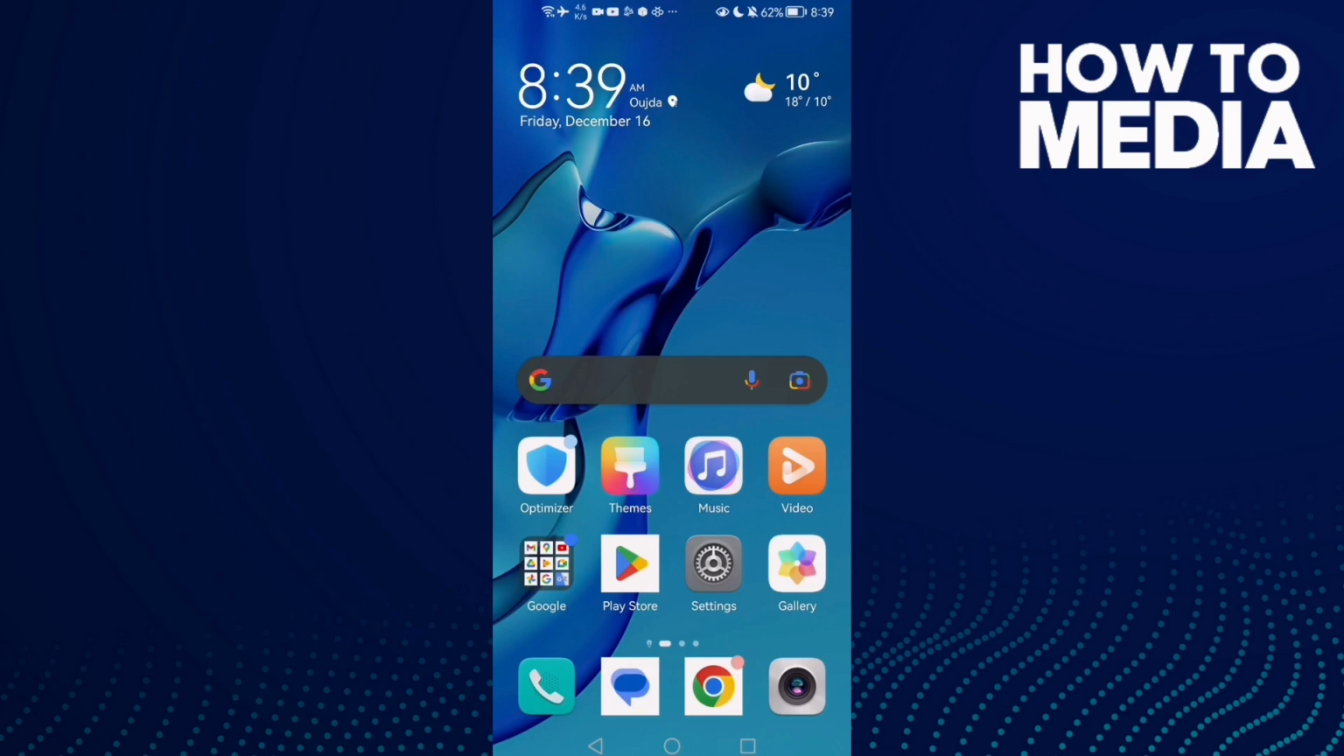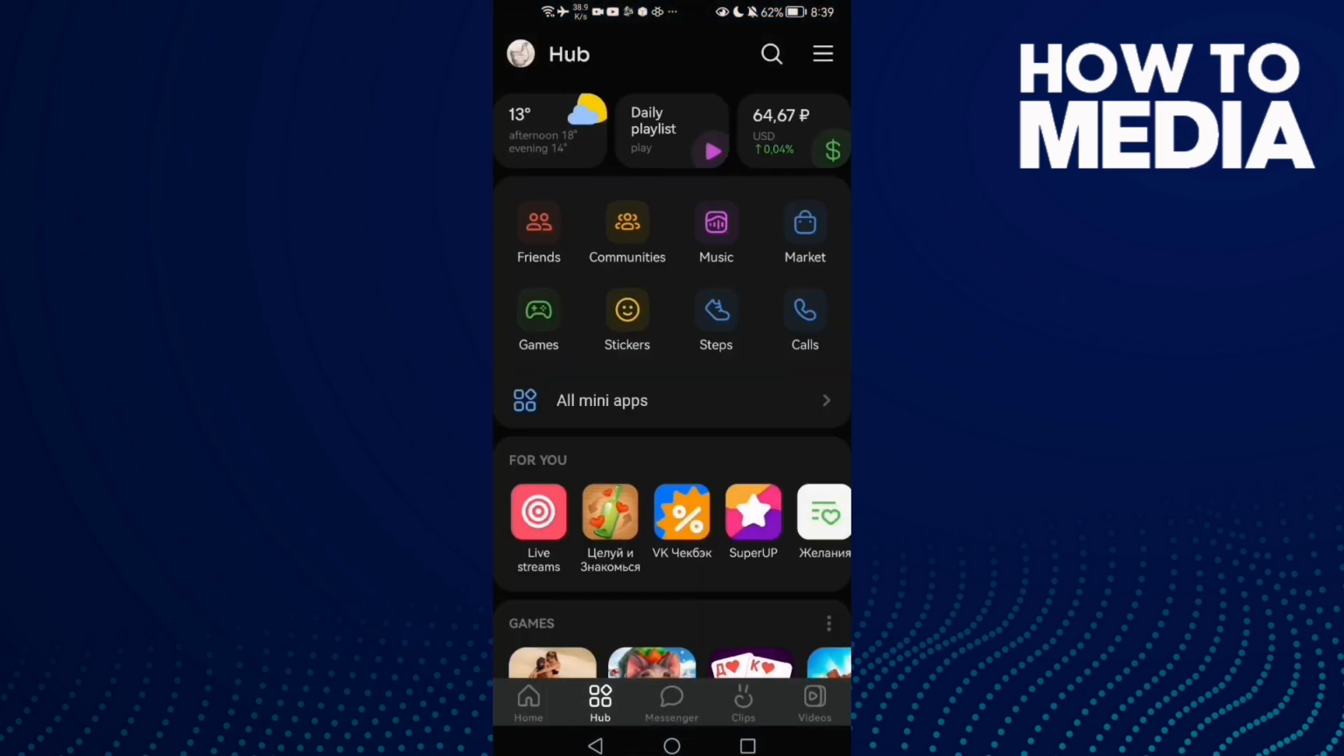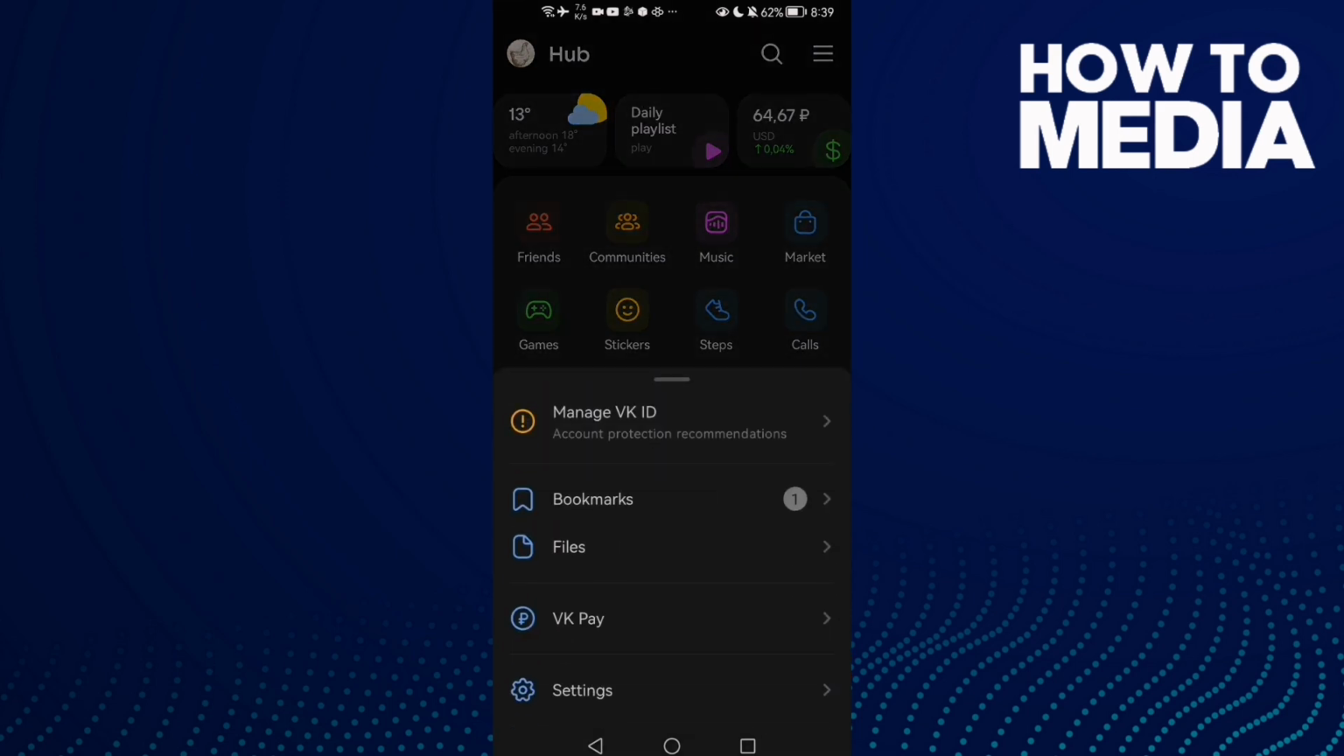How to manage who can view information on my profile on VK on an Android or iOS phone. First, open VK and now click Hub. After that, click these three lines here in the top corner, and once you're here, click settings